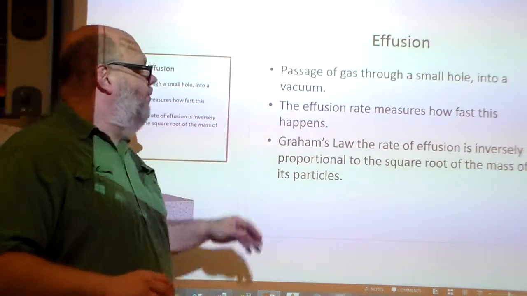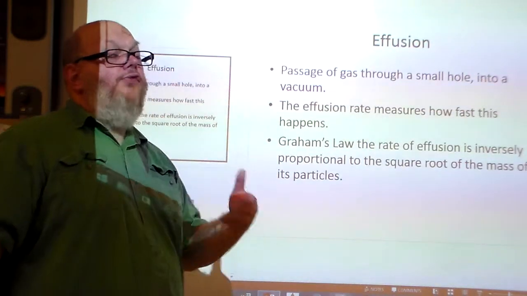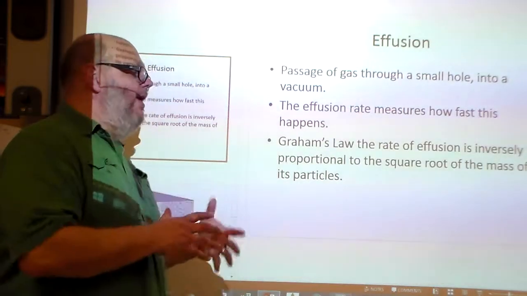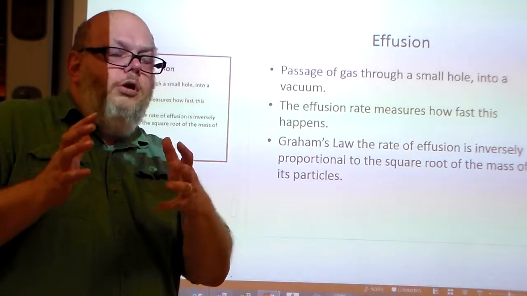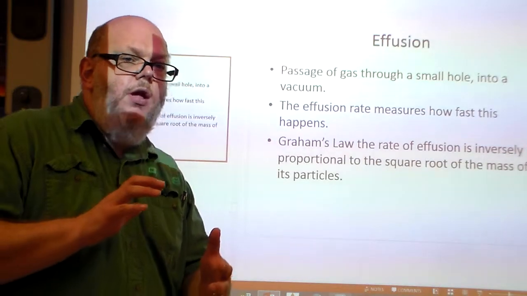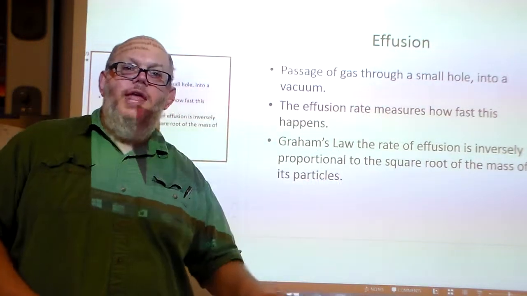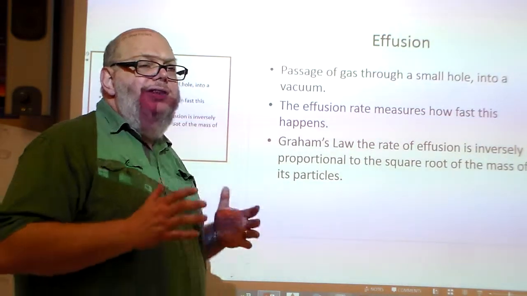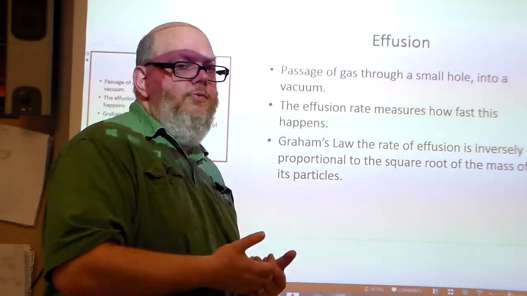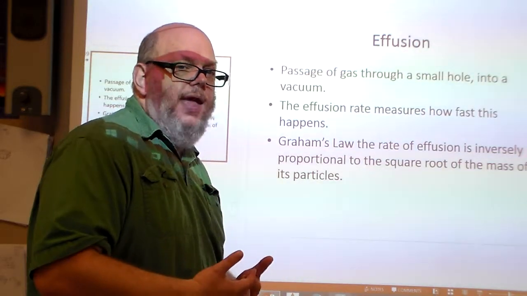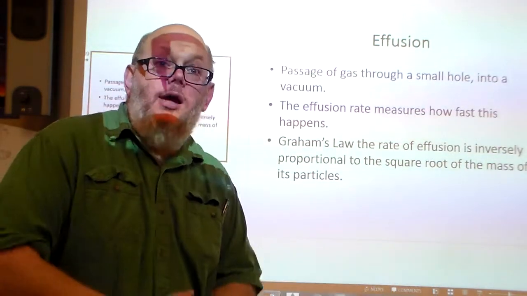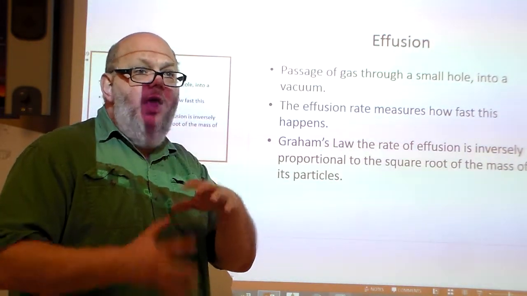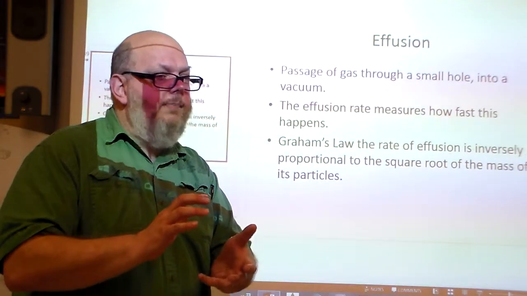If we look at Graham's law, how fast the effusion rate is going depends on the mass of the particles. If the particles are larger and heavier, then the effusion rate is going to go down. Stop and think about it: the heavier particles are going to move, but they're going to be moving slowly because they're more massive, like carbon dioxide, for example. And if we look at hydrogen gas, H2 gas, that's very light.